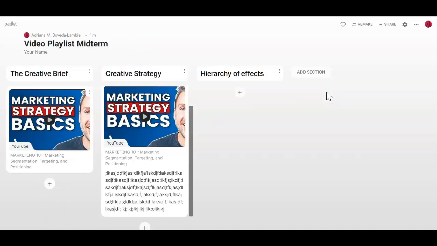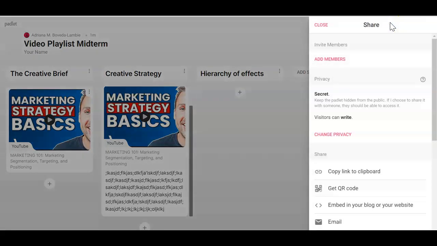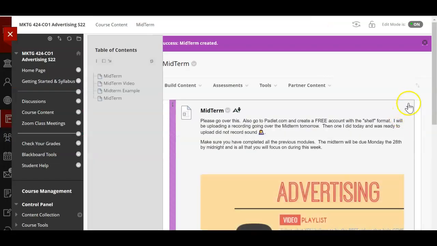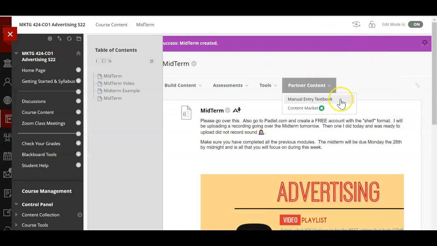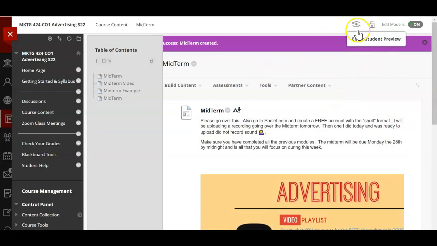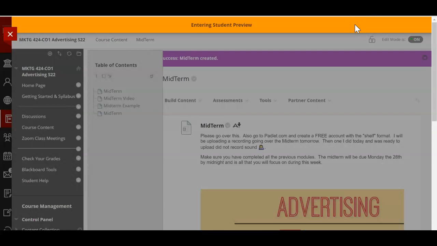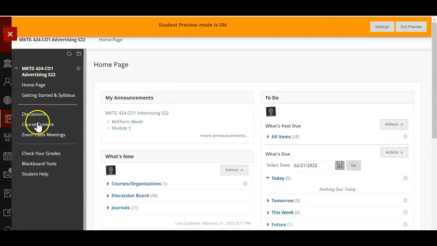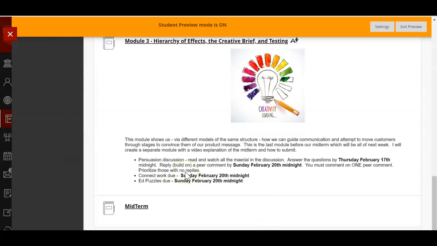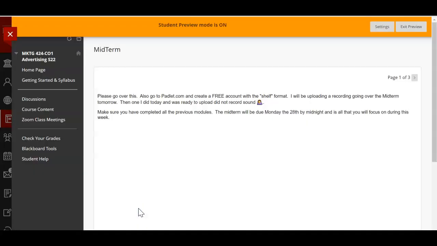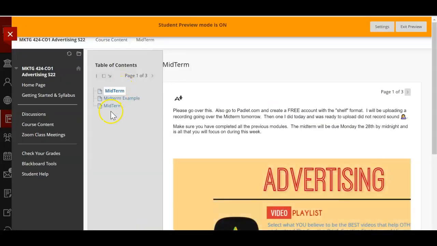Now it's time for you to submit your midterm. So you're going to go to share, and you're going to go here, and you're going to copy the link to the clipboard. So now let's go back to the exit preview, and let's see if it shows me that, so that I can show it to you. Alright, so then you go here